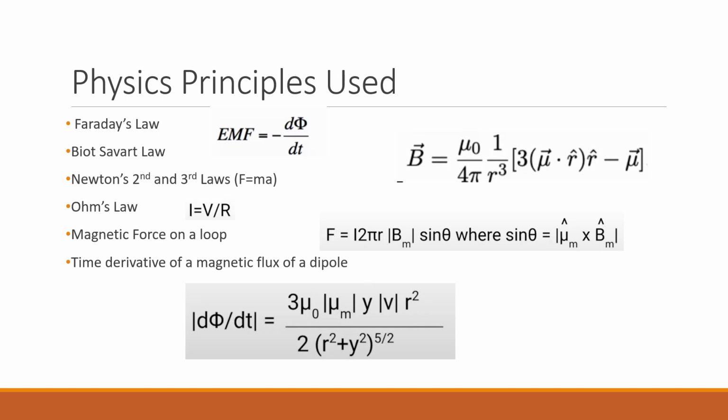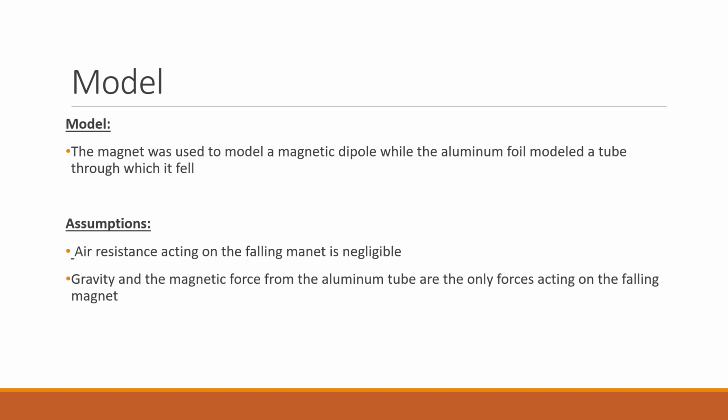The physics principles used are Faraday's law, Biot-Savart law, Newton's second and third laws, Ohm's law, magnetic force on a loop, and time derivative of a magnetic flux of a dipole. These will all be used to either find a computational answer or to help conceptually with topics throughout the entire lab. So the magnet was used to model a magnetic dipole, while the aluminum foil modeled a tube through which